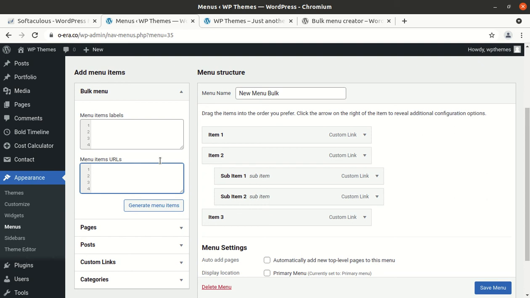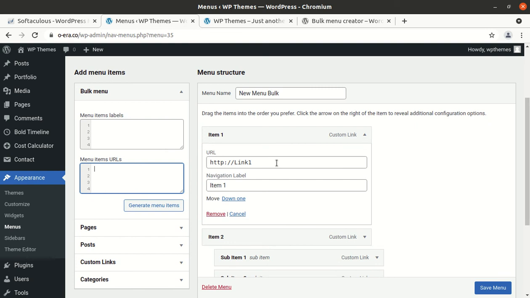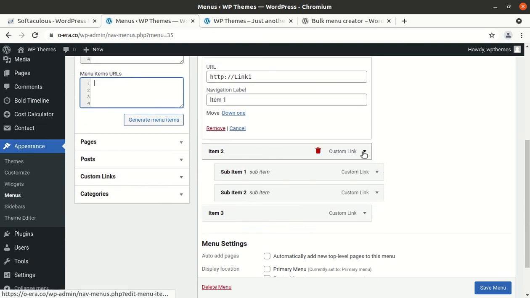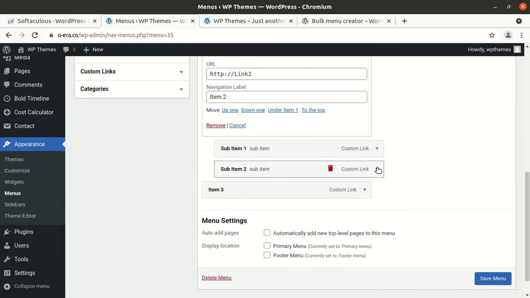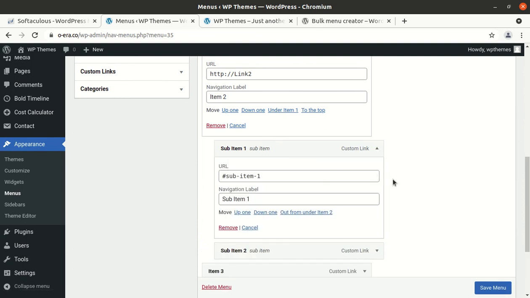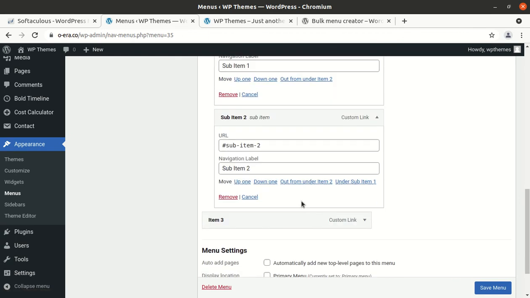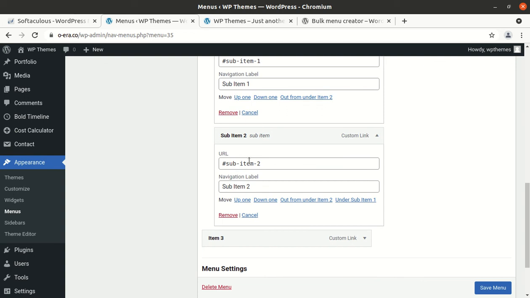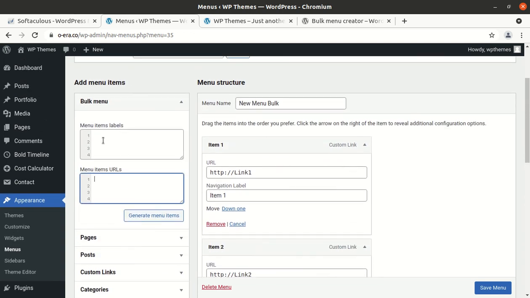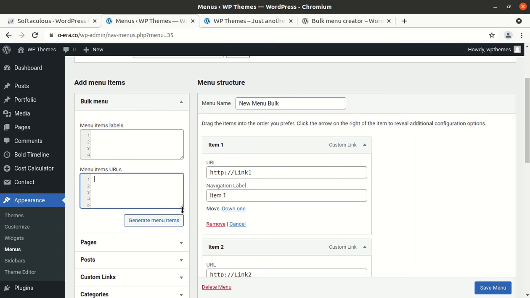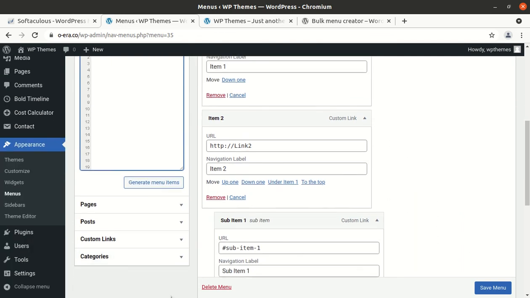If we don't have this feature, we have to check the links going in the menu item itself, and it really takes time, and it may be a reason for an incorrect link even if we are not focusing on the link items. But this plugin gives you the capability to see all the links while you are creating the menu in one go, and you can use this plugin for as many items as you want.